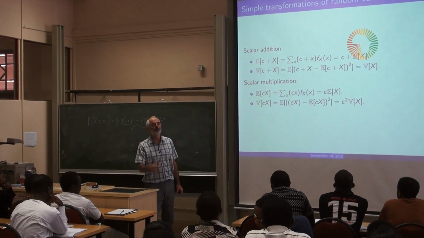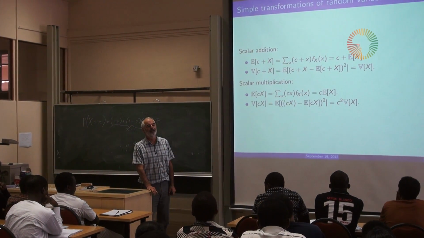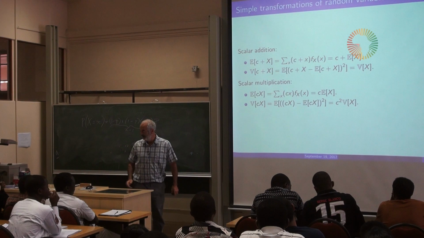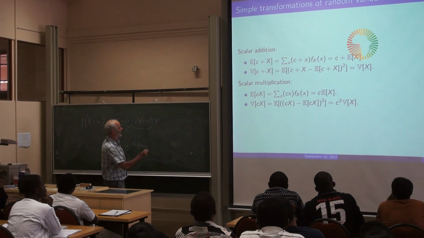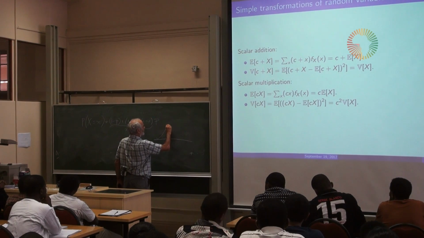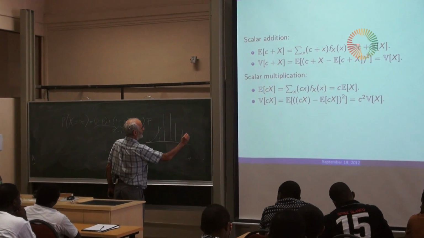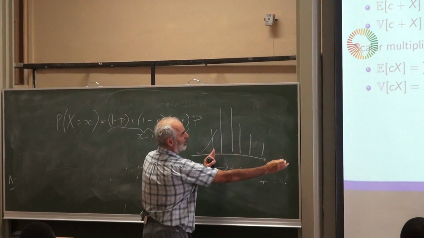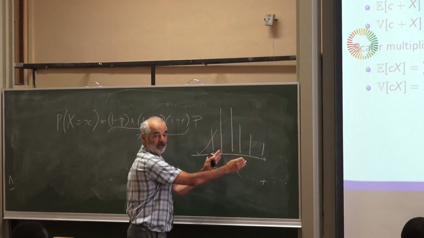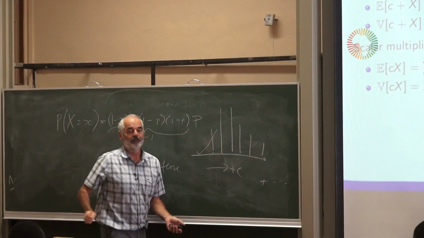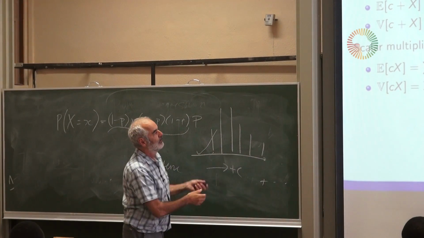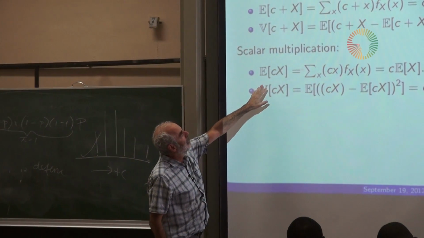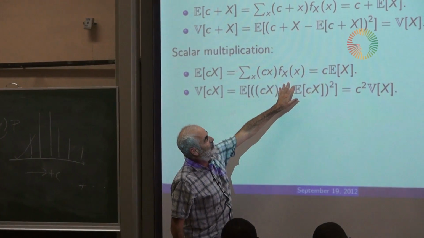So 3, any number at all. So it's just a scalar quantity, just a quantity. So it could be anything. So what this is saying is that if we've got a distribution, we're doing discrete distributions at the moment, if we add c to it, move it all along, obviously the position changes, but the spread does not change. So that's the intuition. Now, the multiplication, if we multiply everything by c, then we multiply the expectation by c